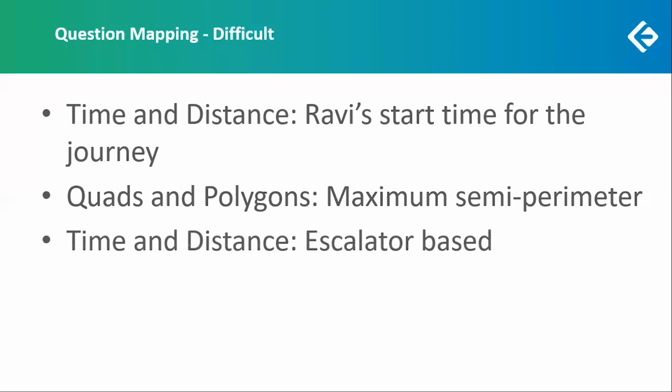A question on time and distance, an escalator one. The speeds of two friends were given. The time taken by both the friends can be derived with the help of the information that is given, but unless you know the ins and outs of the escalator concept in proper detail, this might be a difficult one to crack.